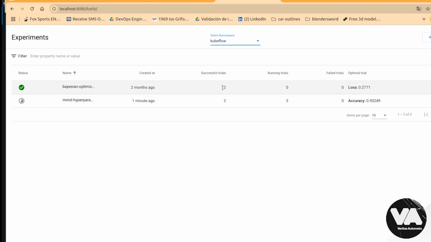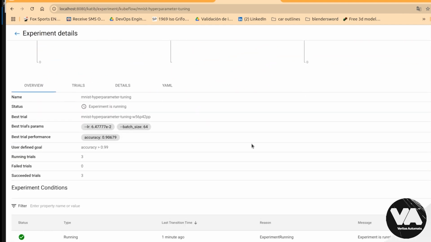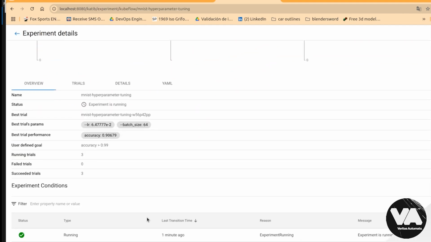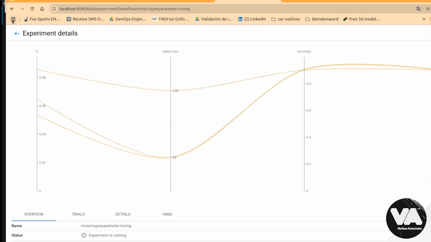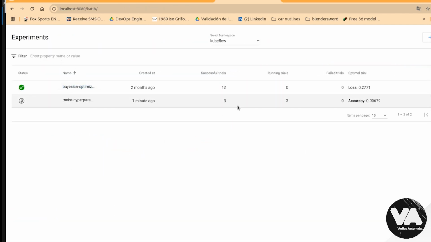And you see here that we have 2 successful trials. Running trials are 3 successful trials. We need some time for it to complete. Once it is completed, that should be almost done, it will have the result of tuning for us, a